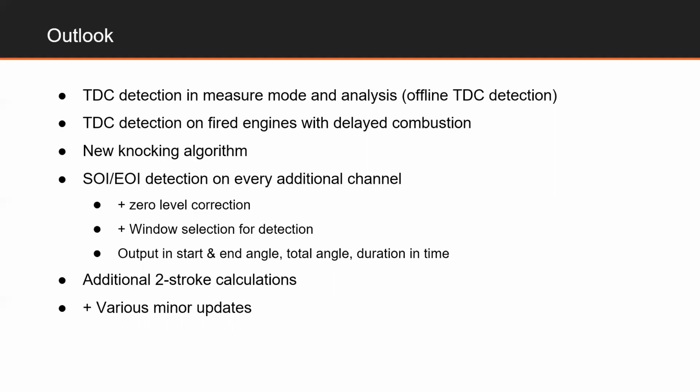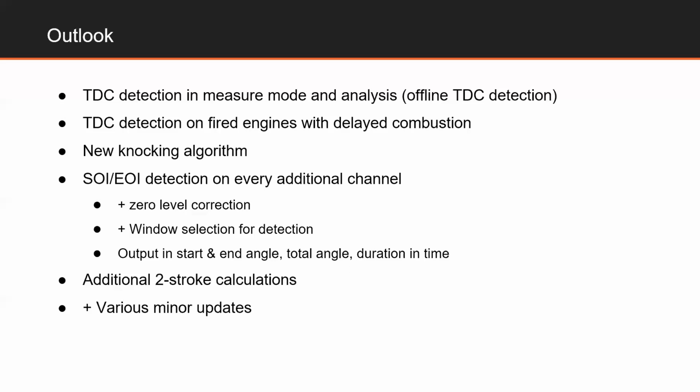Start and end of injection detection will be possible on every additional channel. At the moment we had only one start and end of injection detection event. Of course, it was possible to use multiple combustion analyzers in the same software to overcome this, but now it's going to be possible to trigger this on every additional channel and also have zero level correction on every one of these channels. If you have current sensors that have some drift, you'll also be able to select a window